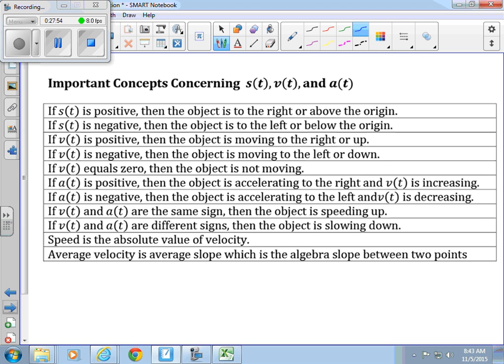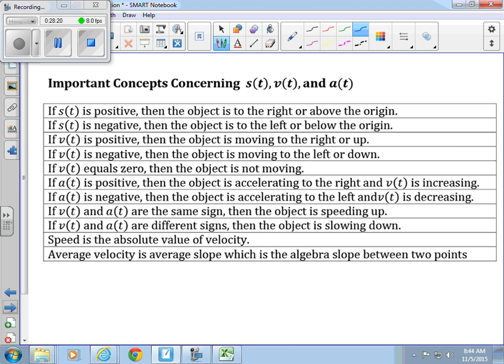If A of t is negative, then V of t is decreasing. If V of t and A of t are the same sign, then the object is speeding up. If V of t and A of t are different signs, then the object is slowing down. Speed is the absolute value of velocity,